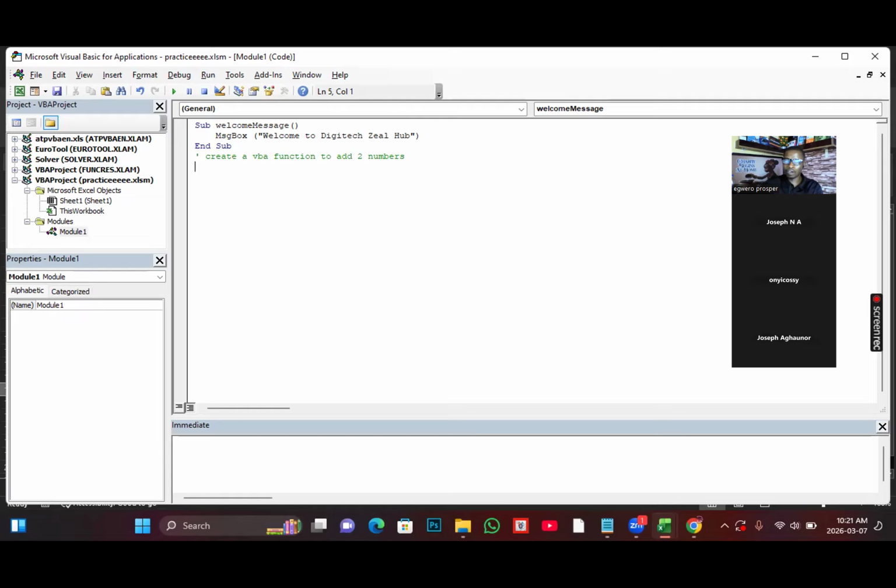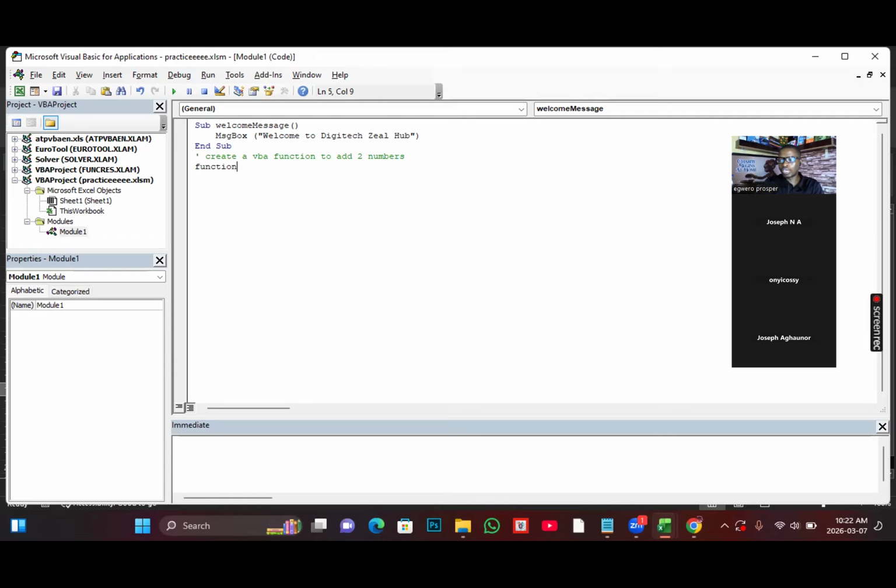When you are creating a function, you need to acknowledge the type of data. You see, when we were working with sub, we did not talk about data type. So after this topic, we will not take our time to understand data type, but I don't think we should have issues with that, because all the way from Python we have already learned some of these things. So to declare a function in VBA, you start by declaring the keyword, which is constant, just like the way you started with sub, which was the constant there. So you start with the function keyword,